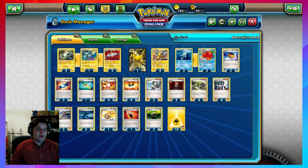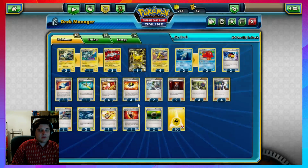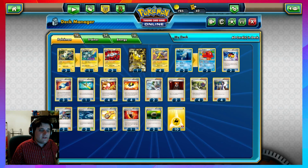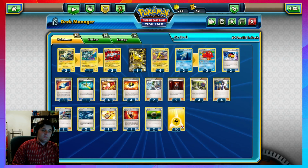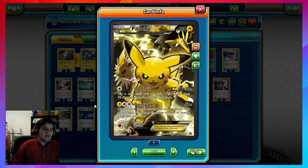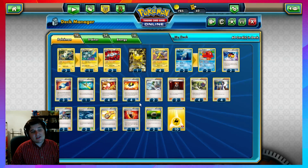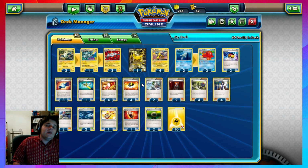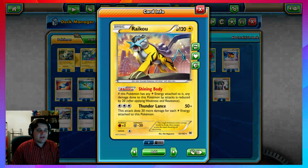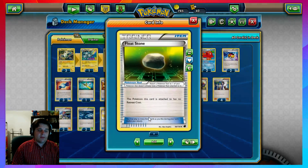So we are running one Fighting Fury Belt as well. This card is a little bit more expensive. Energy Pouch is pretty cheap, so you could run 2 of this. You could also run 2 Fighting Fury Belts and no Energy Pouch. One of the reasons Fighting Fury Belt is here is because against Mega Mewtwo, what we can do is load 4 energies onto Pikachu-EX, that's 200, and then if we just add the extra 10 from Fighting Fury Belt, that's 210 damage to 1-hit KO a Mega Mewtwo EX, which we really need to be able to do because